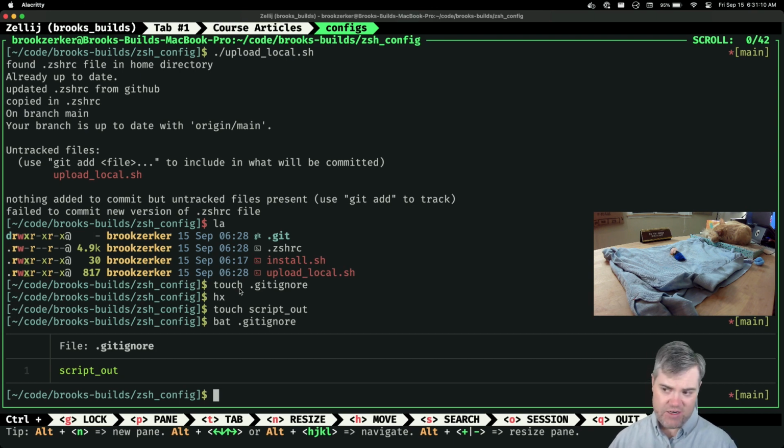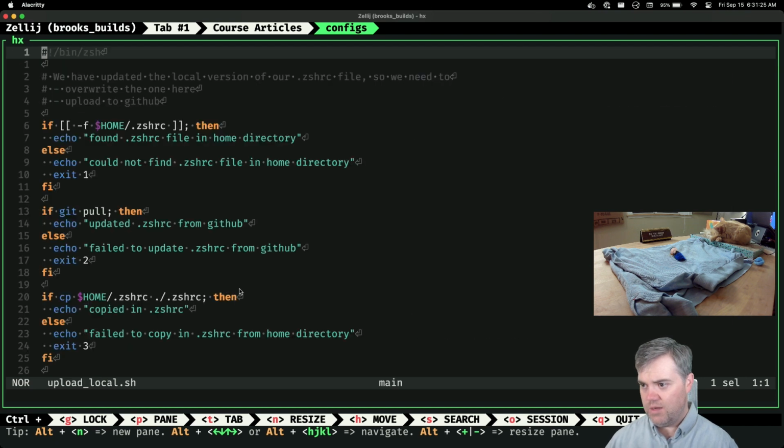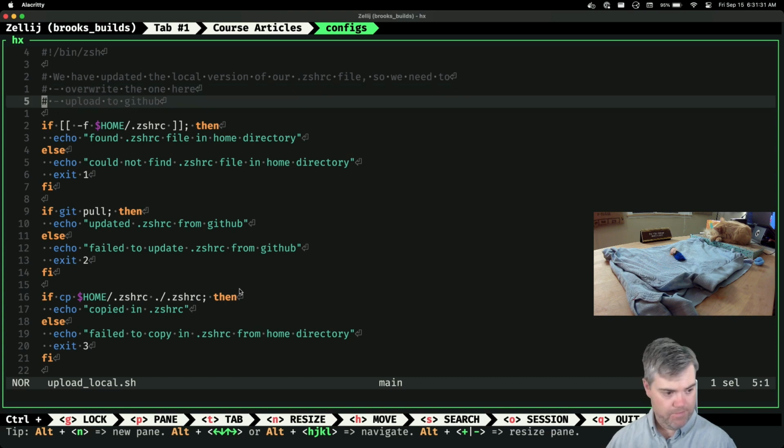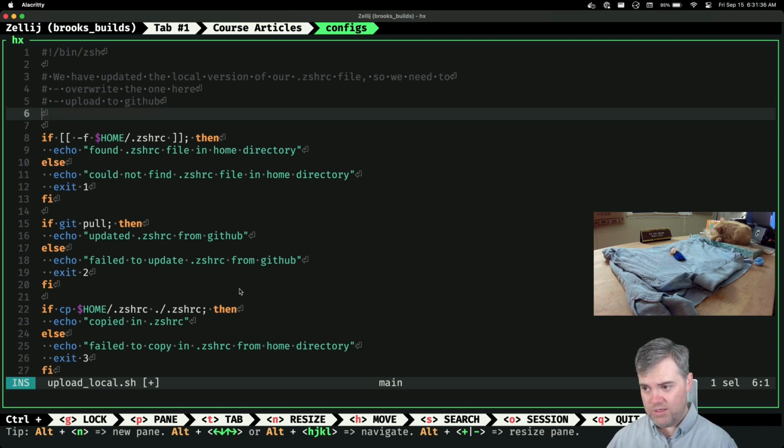Now I could let that all go to output, but I don't know if I actually like that. So instead, let's go to upload local. I want the file, so this is going to be log file equals script out.